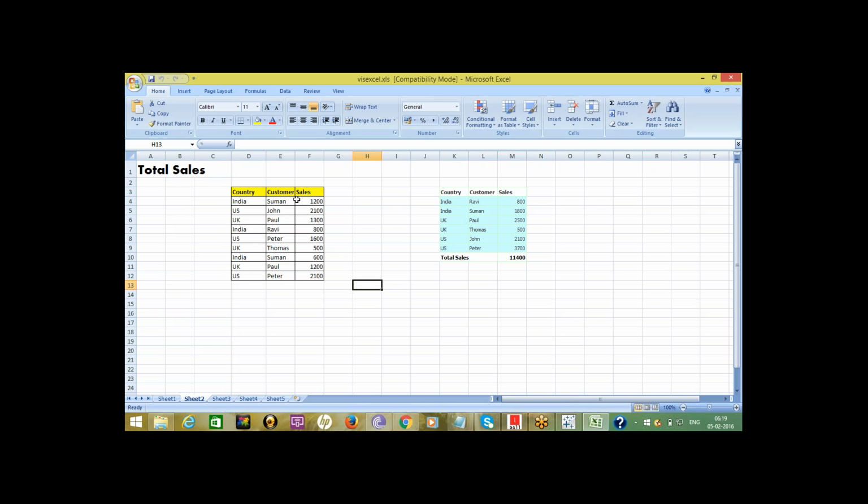For example, country wise grouping. Country wise grouping means for each and every country it will display.